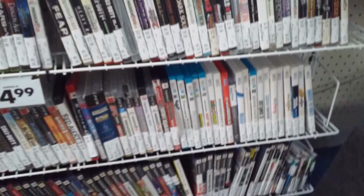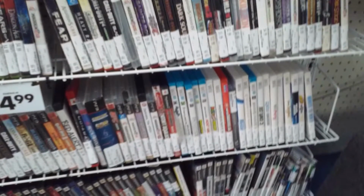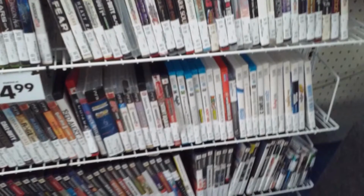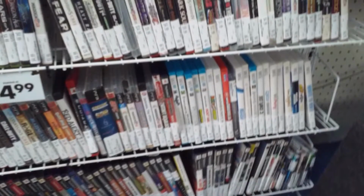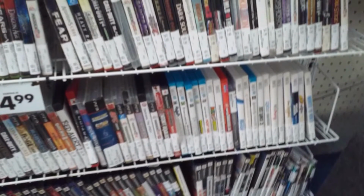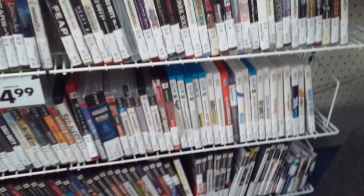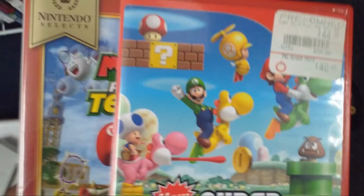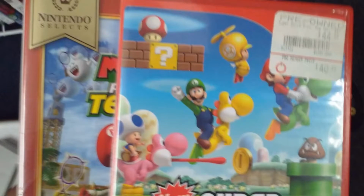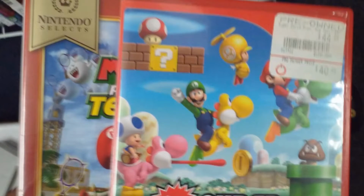And this Cash America, just like the one that I have to deal with, that was the third stop. It sucks because they know exactly what's what. And they had two games that were like, oh my gosh. But on the other hand, I get it. I know Super Mario Brothers Wii, New Super Mario Brothers Wii, and also Mario Power Tennis. Those are some good games. I understand that. But to pay